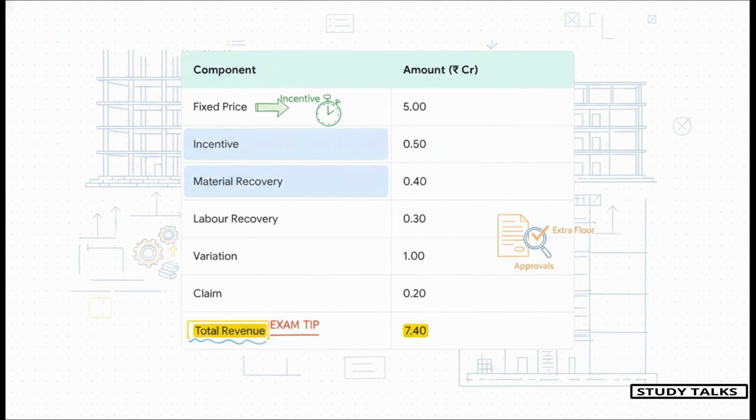We start with the fixed price, which is 5 crores. Then there's an incentive of half a crore. We can include that because it's probable we'll finish early. Next, we add in the cost recoveries for materials and labor, which are part of the deal. Then we add that 1 crore for the variation. Remember that extra floor? And finally, the 0.02 crore claim for approvals. Add it all up, and our total contract revenue comes out to 7.40 crores. See how it